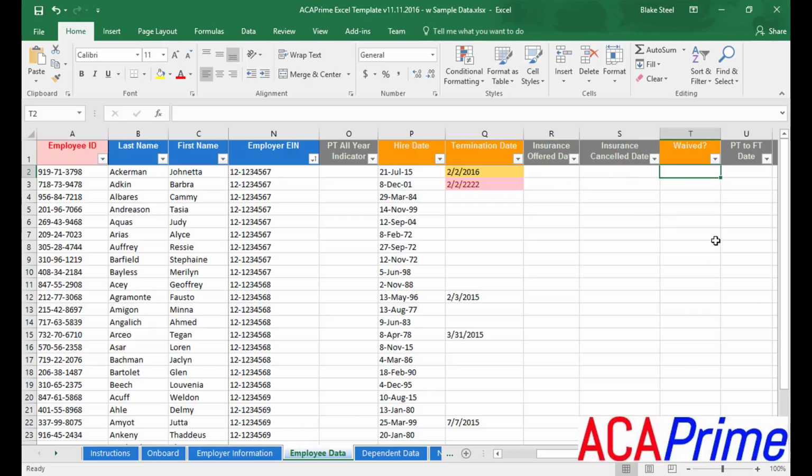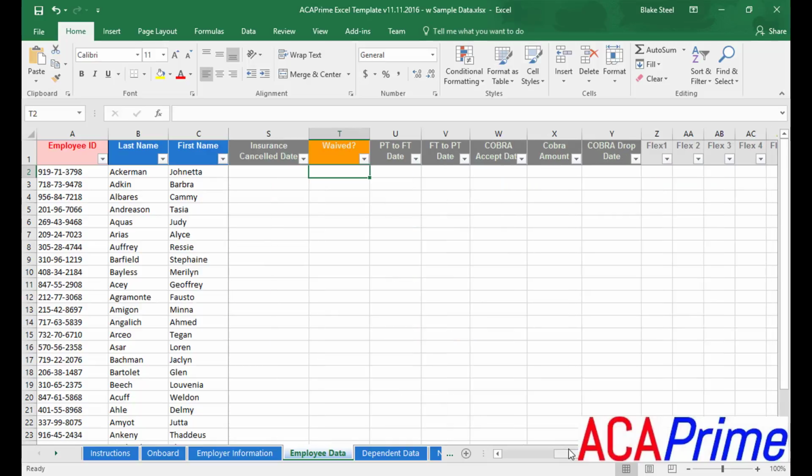The waived field is asking if they waived insurance or not. This field takes a Y or N. The next dark gray columns should be filled out if they apply. Part-time to full-time date is applicable if the employee was part-time but became full-time recently, and full-time to part-time is